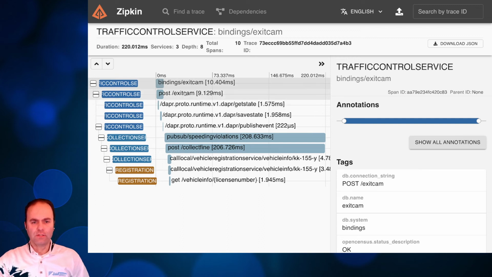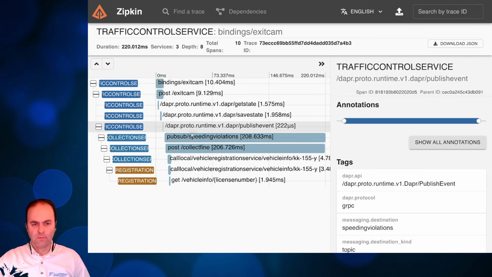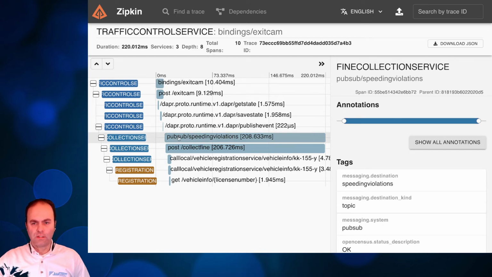So, car entering the system, save state, same as before. We store when the car was passing by the second camera, but this time the car was detected to have been driving too fast. So we publish the event, then the fine collection service picks up the event and invokes its collect fine method.